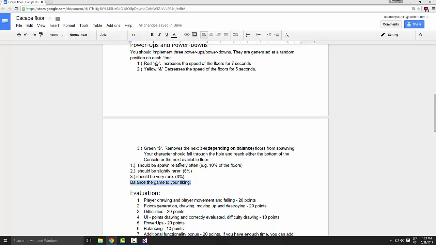They are generated on each, but 10% of the time. Yeah, 10% of the floors. So not on each. Yes, I see what you're saying. They're generated at a random position on each floor. I think on this,